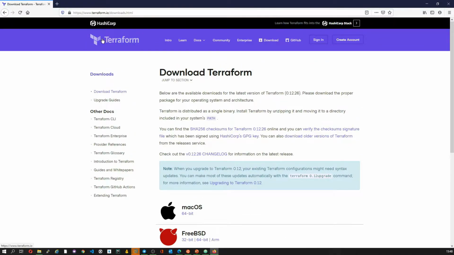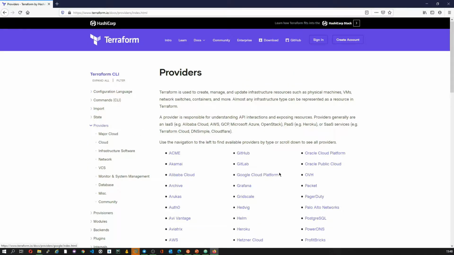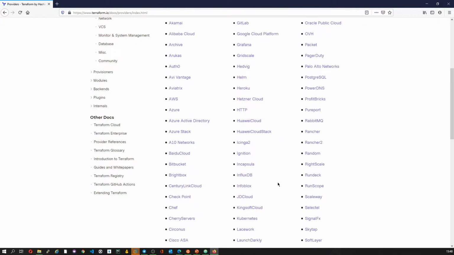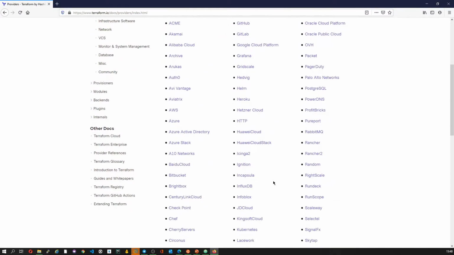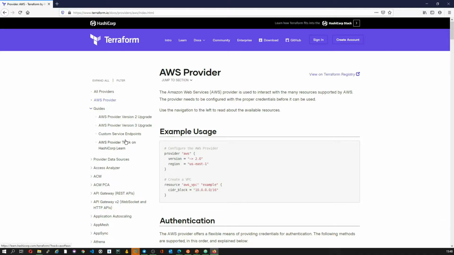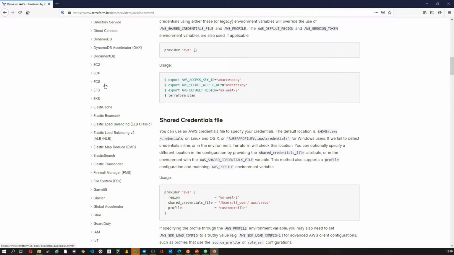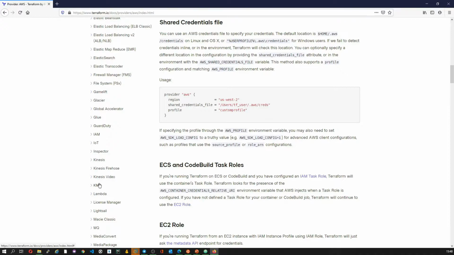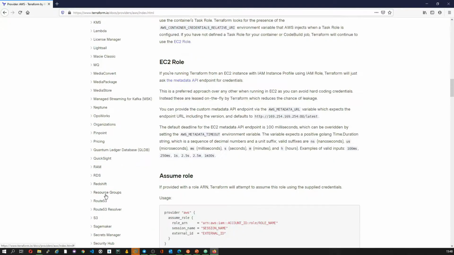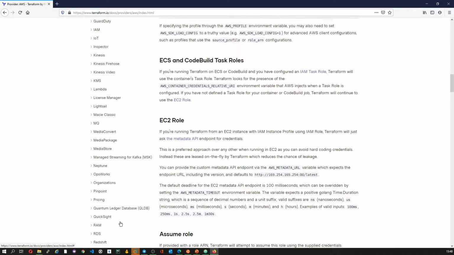So go to the home page of Terraform, go to the docs section and then Providers. You'll see there's a huge list of providers which Terraform supports. In this case, we just want to use AWS. When you open the AWS provider, you will see a lot of services being listed which AWS provides. For example, EC2 here, and then you have AWS GuardDuty, which is used for security, and then you have KMS for Key Management Service. You have S3 buckets, Route 53. As I mentioned earlier, it has SNS, SQS services, and so on.